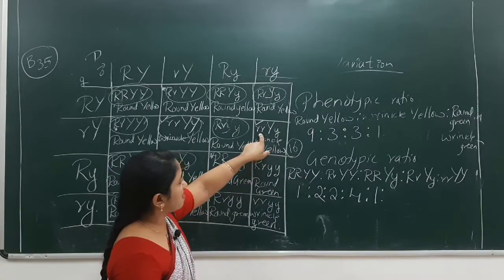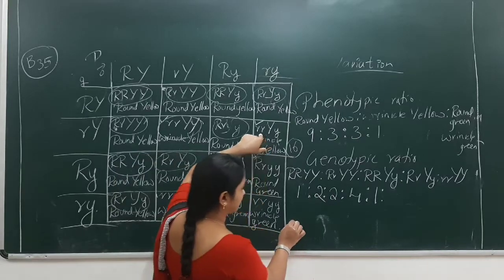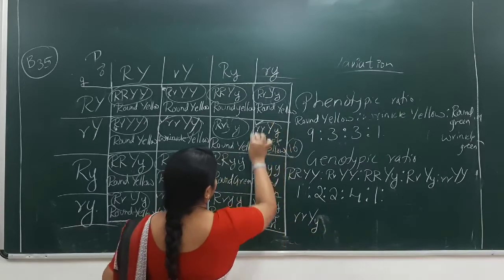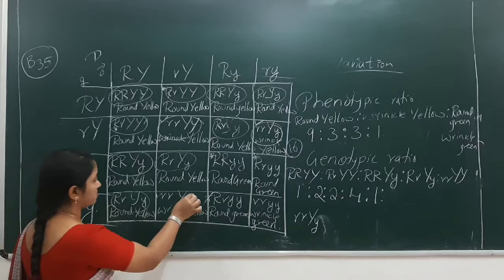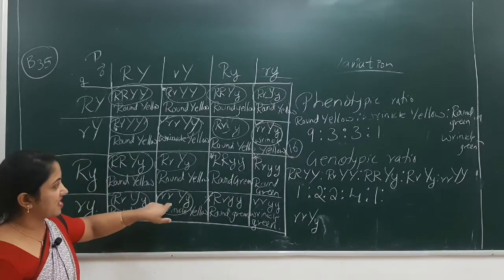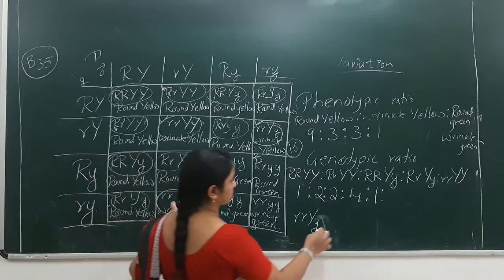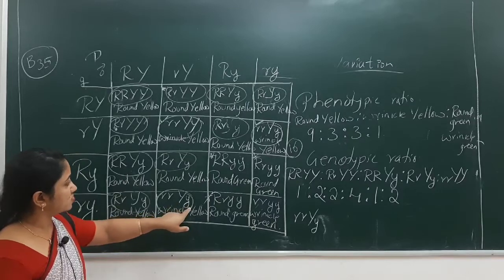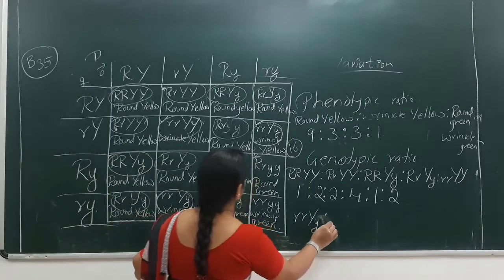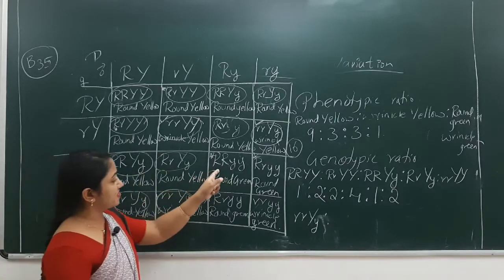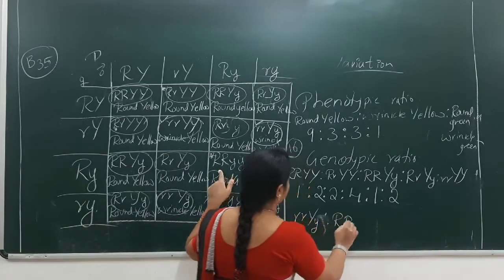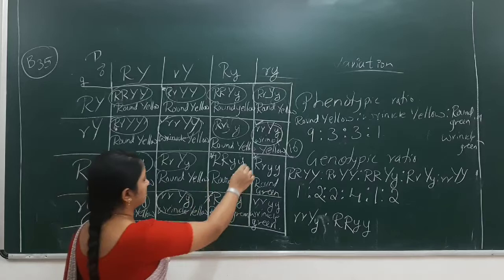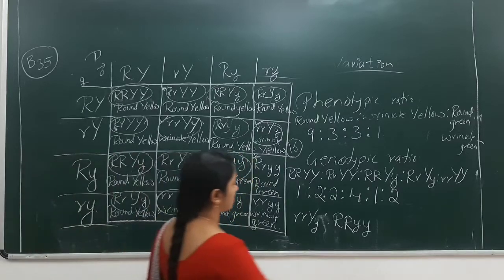Moving on to the next offspring. Small r, capital Y, small y. I'll write here because I don't have place there. Small r, capital Y, small y. Yeah, here also we got one offspring having the same type of genotype. So you have to write here 2. Small r, capital Y, small y. Alright, moving on to the next genotype or the next offspring. Capital R, capital R, small y, small y. Only 1, right? Here you write 1.